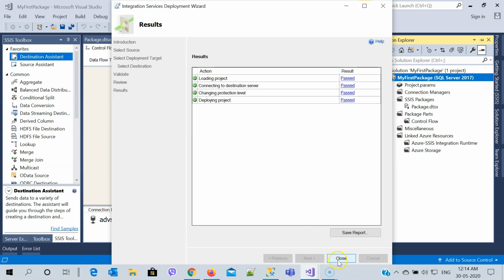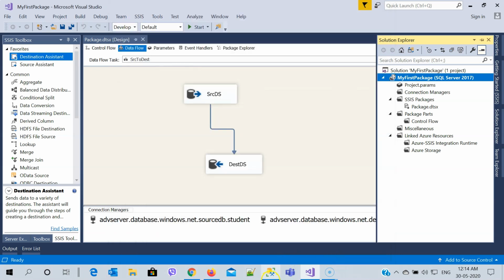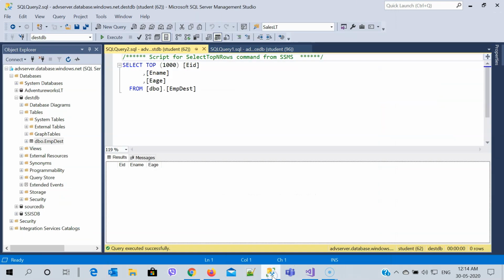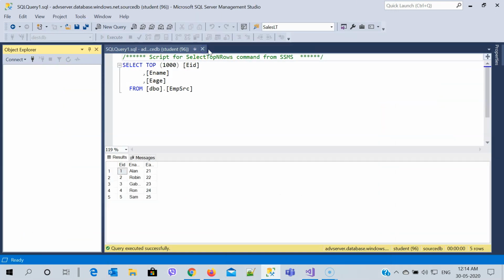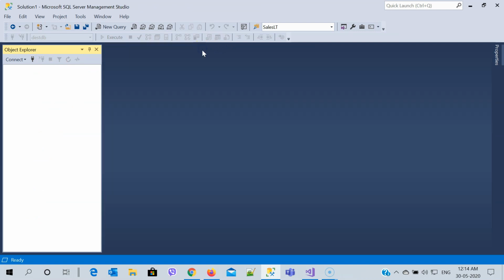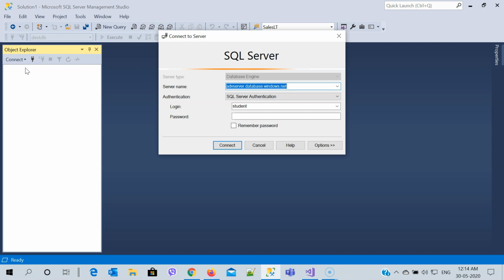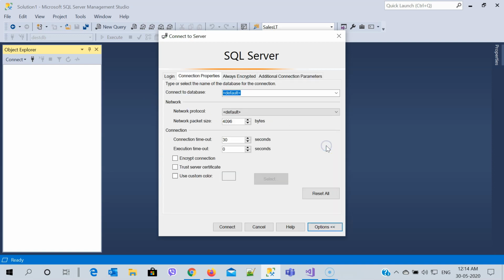Now click on the close button and go to the SQL Server Management Studio. In the SQL Server Management Studio, now you need to reconnect. So go to this connect database engine, put your user ID and password, and click on options. Within the options, it is asking me to select a database.